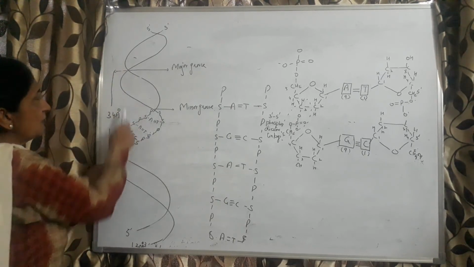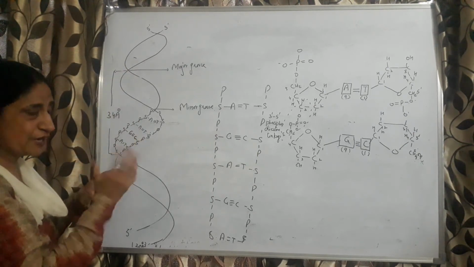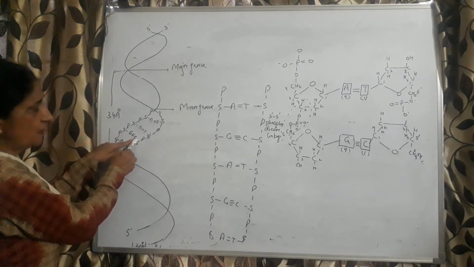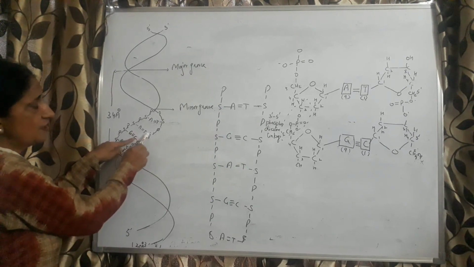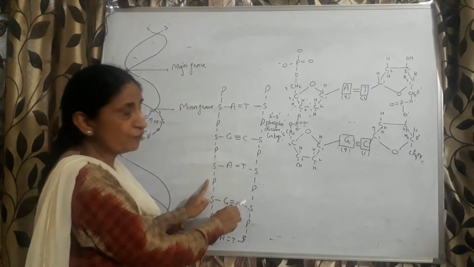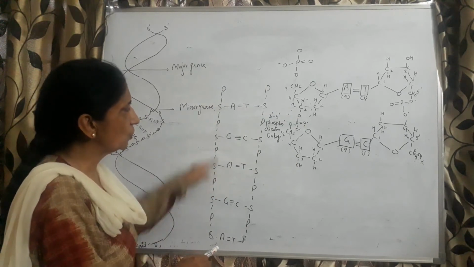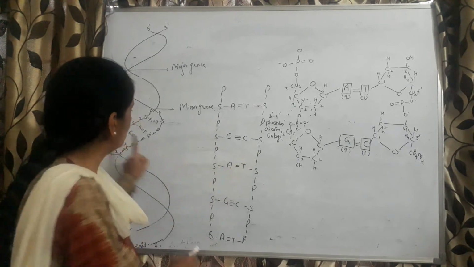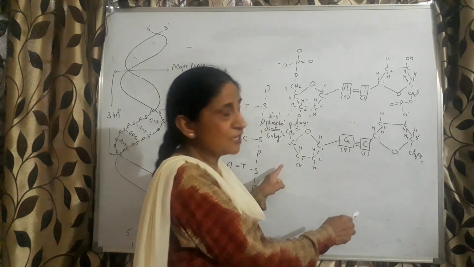One complete turn means the helix rotates at an angle of 360 degrees, and each nucleotide is tilted at an angle of 36 degrees with respect to the adjacent nucleotide. We can compare this model with a ladder whose vertical bars are made up of alternating phosphate and sugar, and horizontal steps are made up of base pairs. I have told you why there is complementary base pairing and how these two chains run in anti-parallel direction.